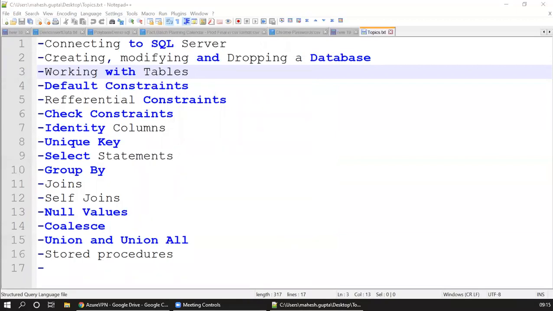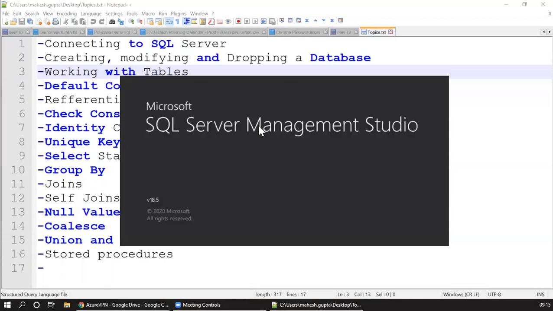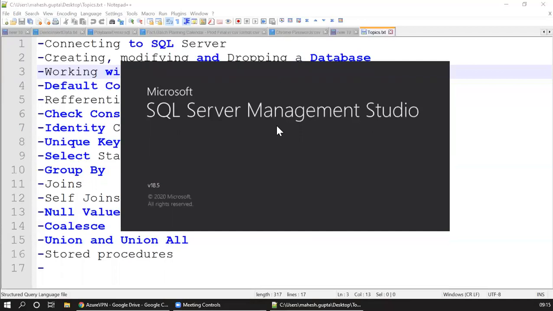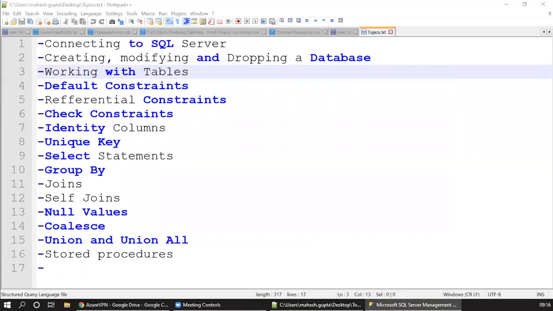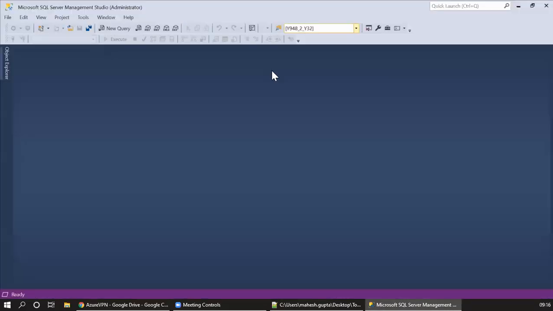So today we are going to do all practical. I'll give you some theory whenever needed, and I'll anyway explain everything. But let's start the hands-on part. I think that's the best approach when you learn anything, so that when you practice, you will be more confident about what you are doing. So I have SQL Server Management Studio 2018 installed on my computer. If you want, you can install a different version also.